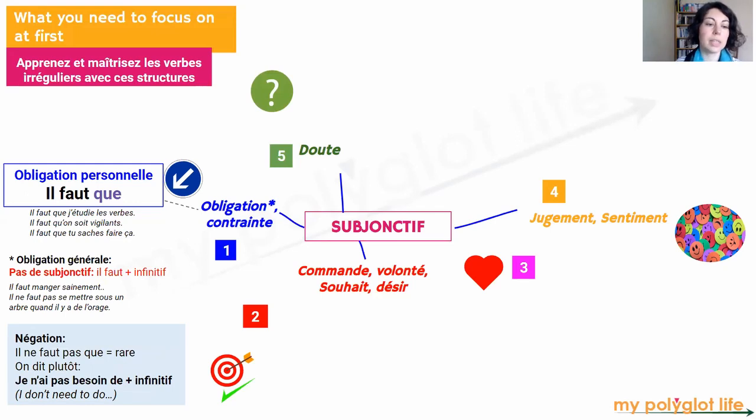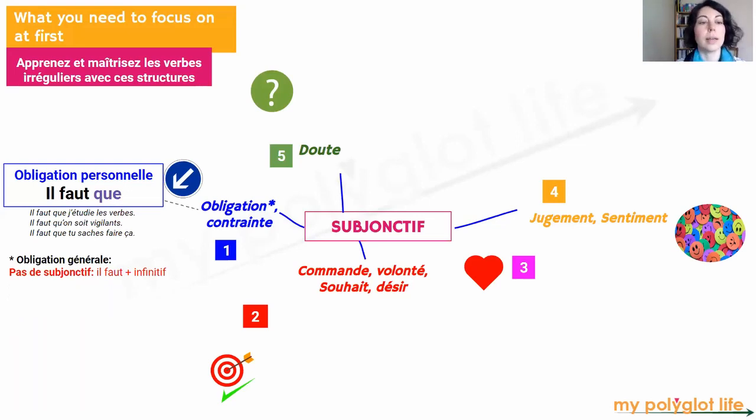that. Let's talk about negation. Il ne faut pas que. For personal obligation, you can say it, but I think it's pretty rare. I think we would use je n'ai pas besoin de and an infinitive. I don't need to do that. Il ne faut pas que j'étudie les verbes. It's okay, it's grammatically correct, but I would say je n'ai pas besoin d'étudier les verbes. So here, no subjunctive. Just remember that il faut que,